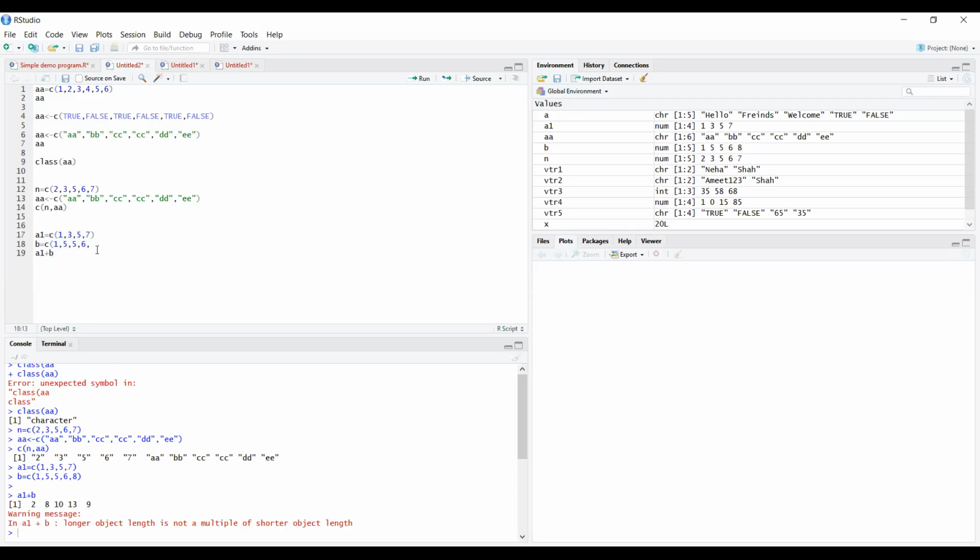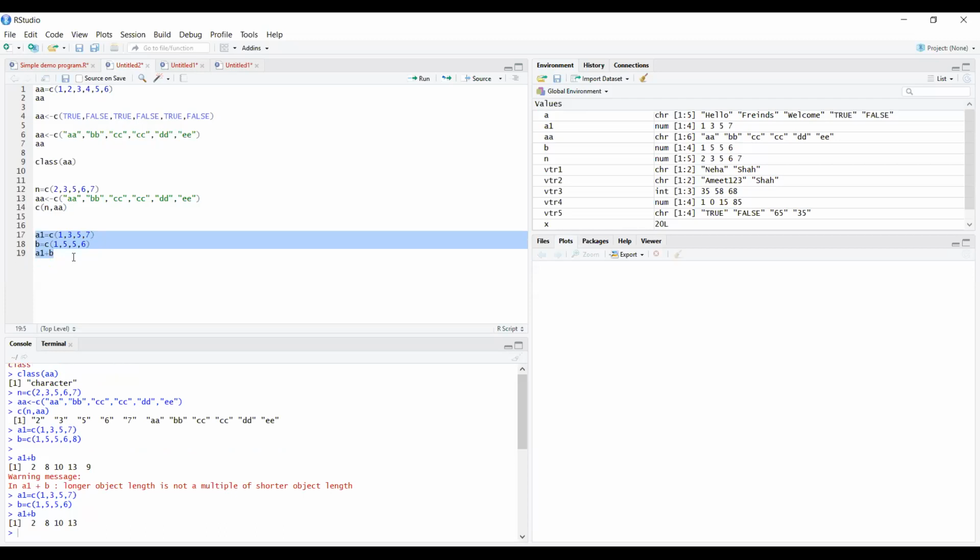You can see this. We again select this and press control alt. Now you will get the exact value after the addition of a1 plus b: 1 plus 1 is 2, 3 plus 5 equals 8, and so on. But keep in mind that whenever you add two numbers, you have to make a common length within the two variables. This is one type of example of addition.